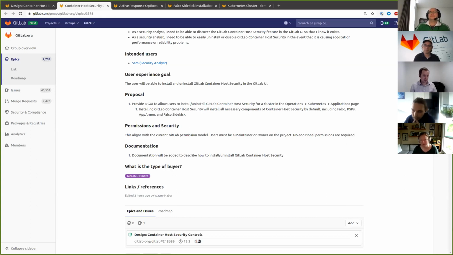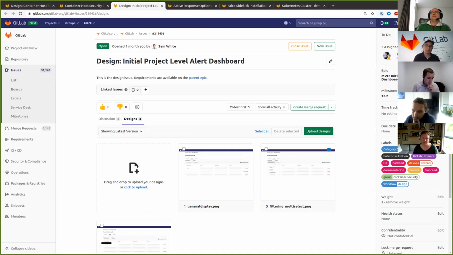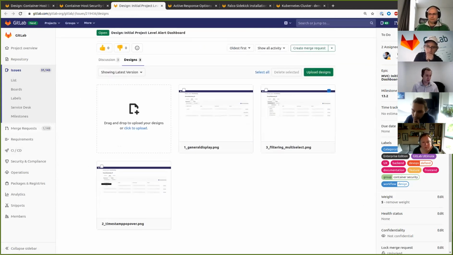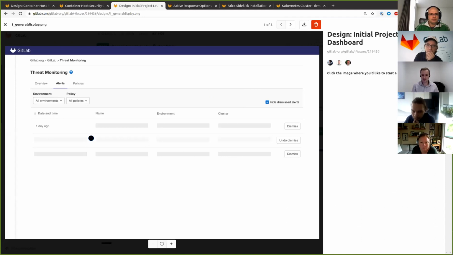And then lastly, we have the alert dashboard MVC. It looks like there's a number of comments here. I'll go ahead and pull this up. Kyle and I worked on this, and he's not able to attend because he's in a different time zone right now. But we just had a few questions as we started to work through this. Here's a rough wireframe for it. One question we had was,